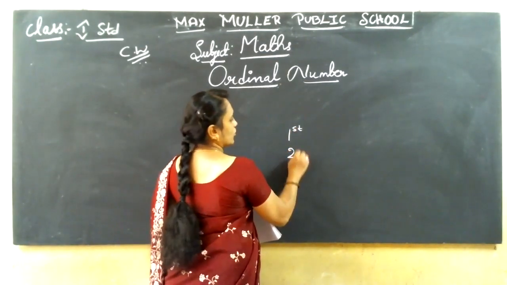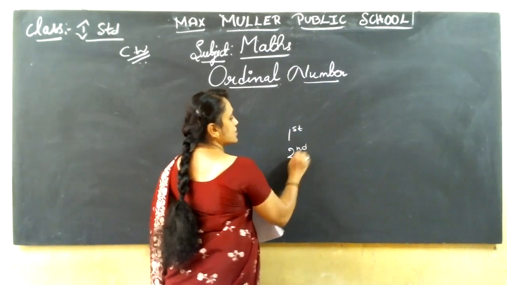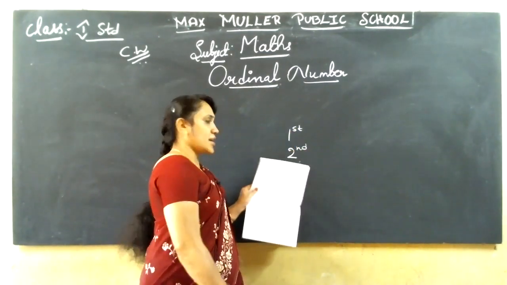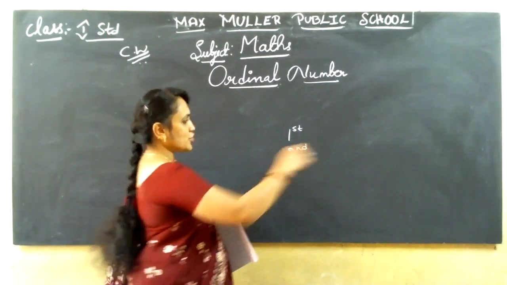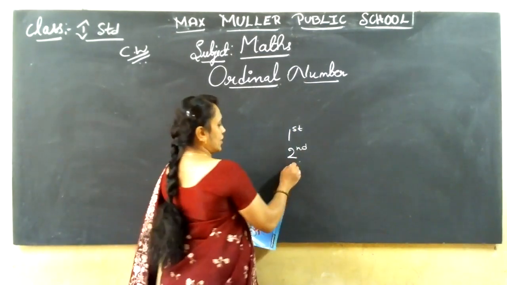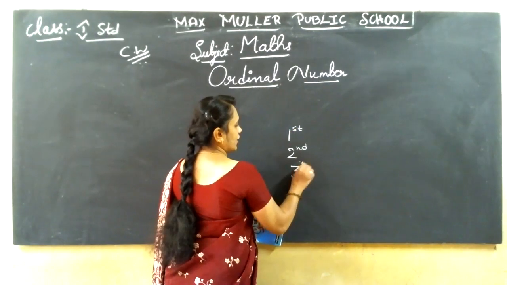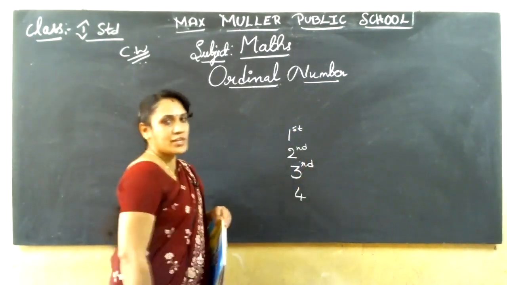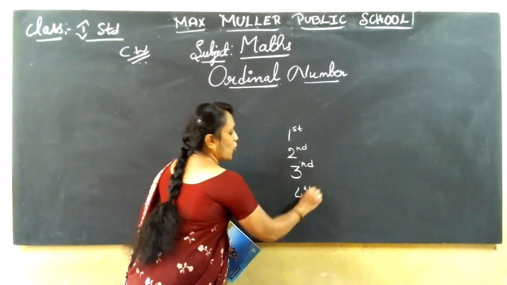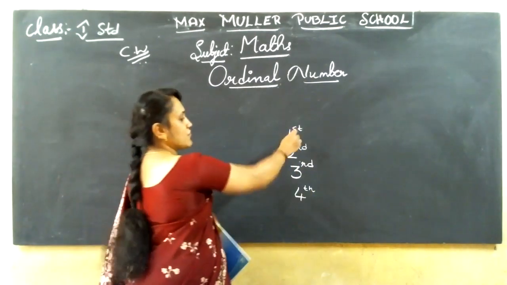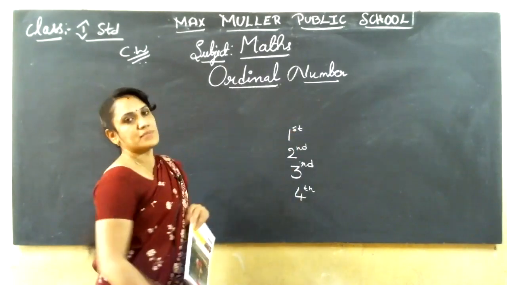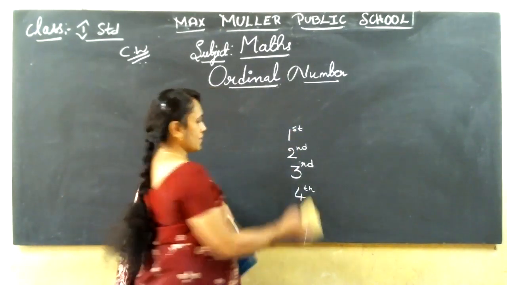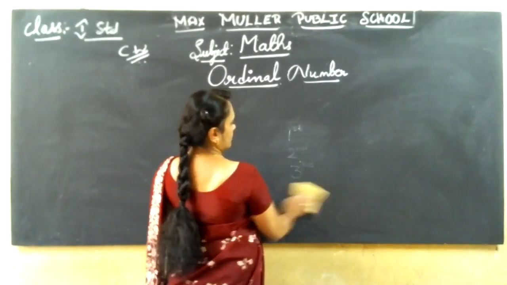Just two we won't write. We will add ND. That is second. Next year, which class will you go? You will tell second. And in which line is your friend standing? You will say third line. Which class is your brother studying? You will tell fourth. Just four you will tell? No. TH you add, fourth. Like this we will write. That is the ordinal numbers. We'll write in the correct order by using this.